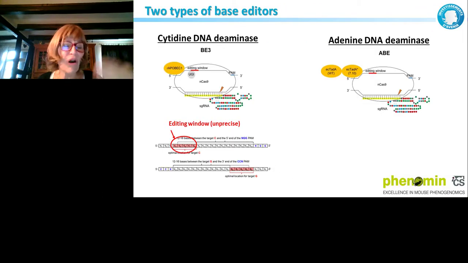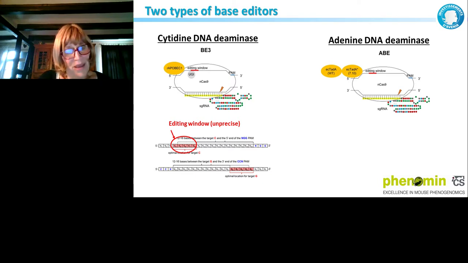Cytidine deaminase is great because it's linked to this deaminase called APOBEC1, and it has a specific editing window. As it doesn't cut, APOBEC will just modify the cytosines that are located, in theory, in this editing window.